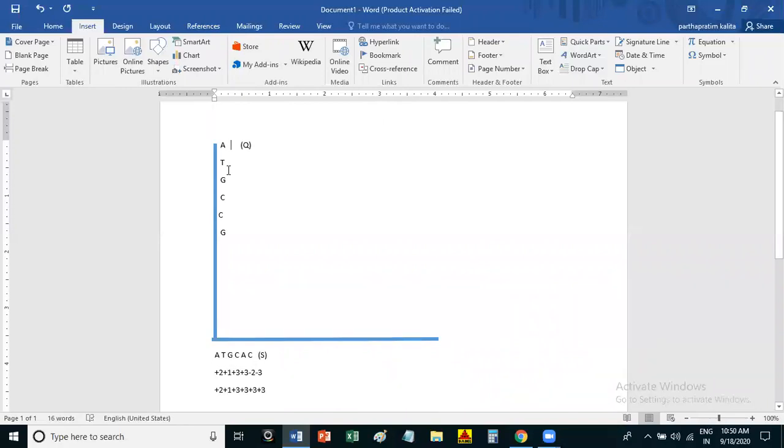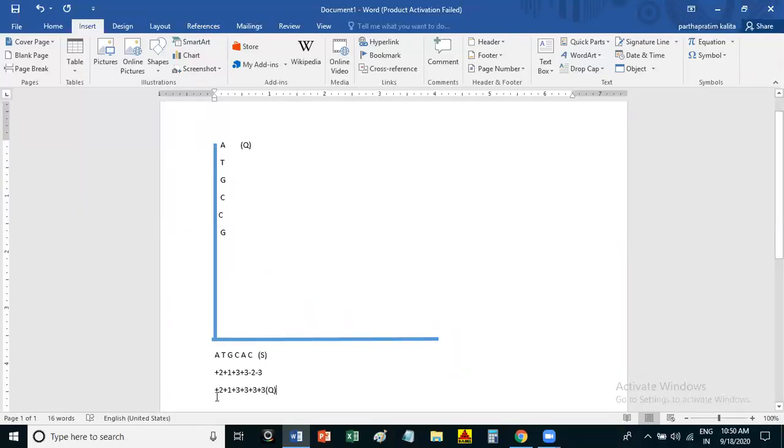In the query sequence, for every nucleotide there is a particular score. For adenine there is a score, for thymine there is a score, for guanine there is a score, for cytosine there is a score. It is not about matching now. For the maximum score, you just go with the query sequence. For example, I am giving some scores for your query sequence, query Q.